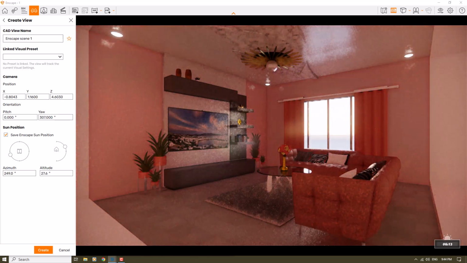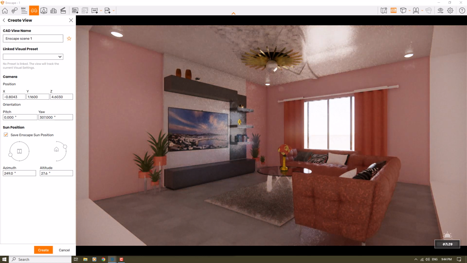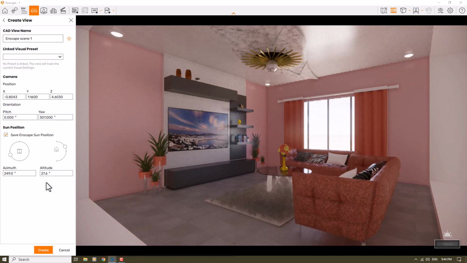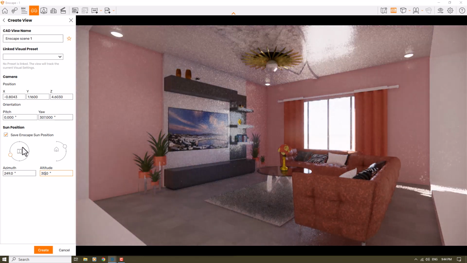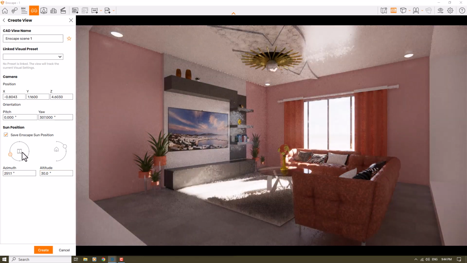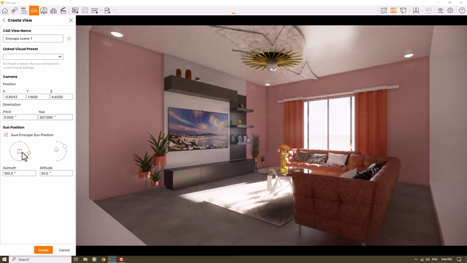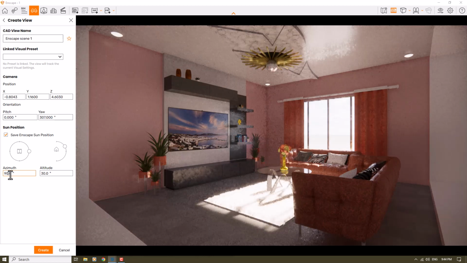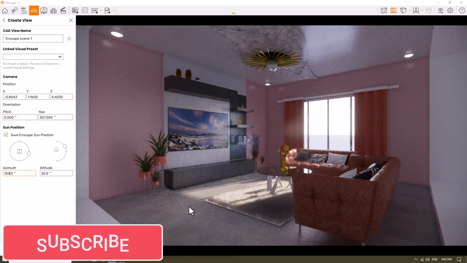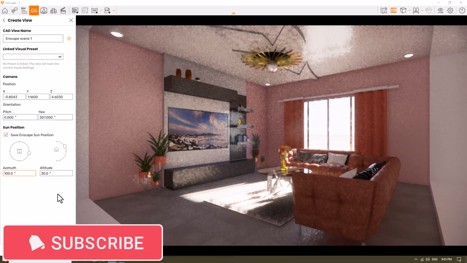For example, something near the morning or maybe mid-morning. For example, 8 a.m. can be really good. So my altitude is about 30 degrees and azimuth is really important. So I can move the sun direction, and I need some type of sun like that for my interior lighting. So I prefer to use some number about 90 degrees, or for some type of angled sun I can use 104 degrees. Or it's a little bit dark, so I can change it to 100 and click on the